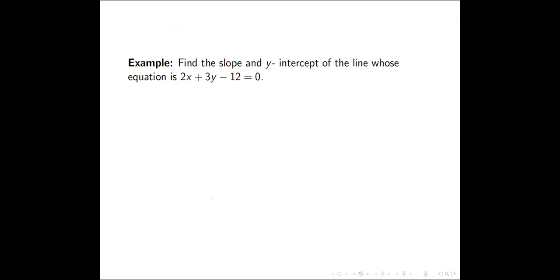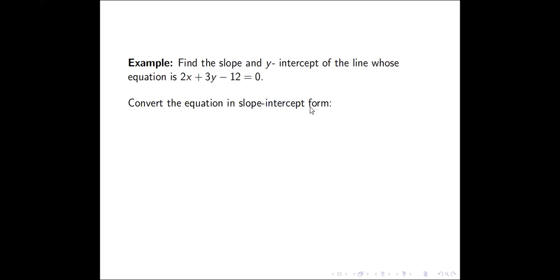So let's have one more problem here. Let's read. Find the slope and y-intercept of the line whose equation is 2x plus 3y minus 12 equals 0. Now this is in general form. Notice that the problem requires you to find the slope m and the y-intercept b. And we already know the slope-intercept form to be y equals mx plus b. So if we can write this in slope-intercept form, then we can right away, based on the equation, give m and b. So in other words, what we have to do is simply convert this to slope-intercept form, and then we can answer the problem.